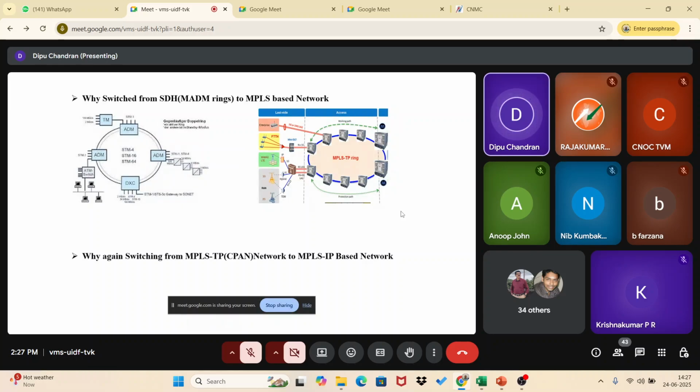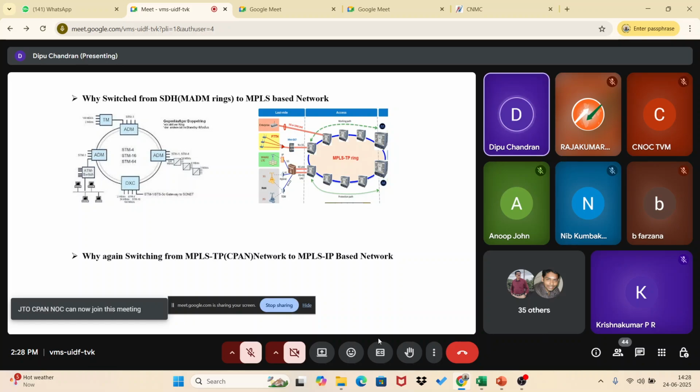But what was the advantage? We need not have so much processing or so much processor in our routers. So the fiber home equipment is given as the cheapest, meaning it is very good equipment, but it is not so costly. It has links with MPLS enabled only, but many functions of MPLS-IP were curtailed.